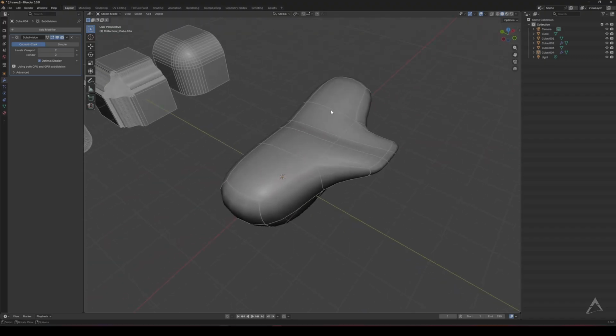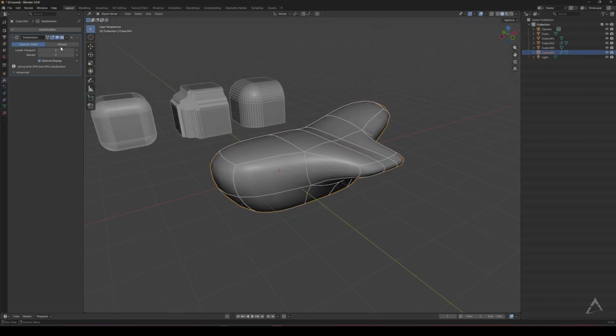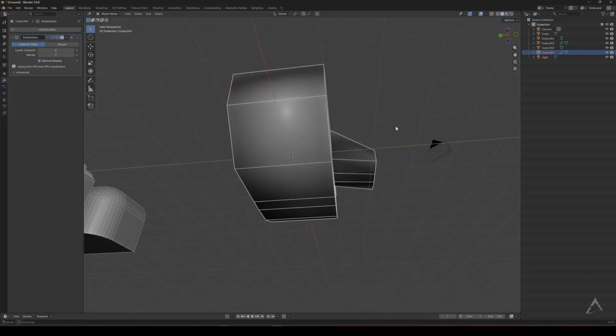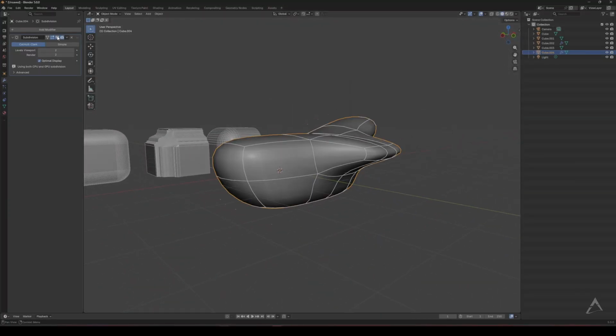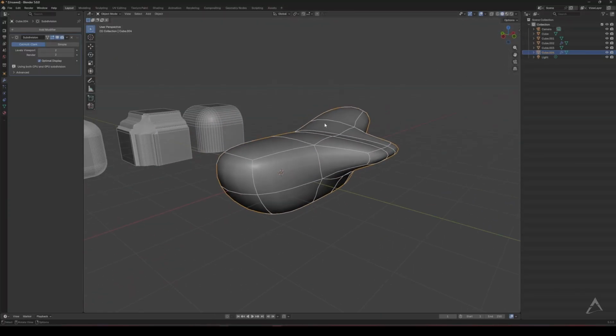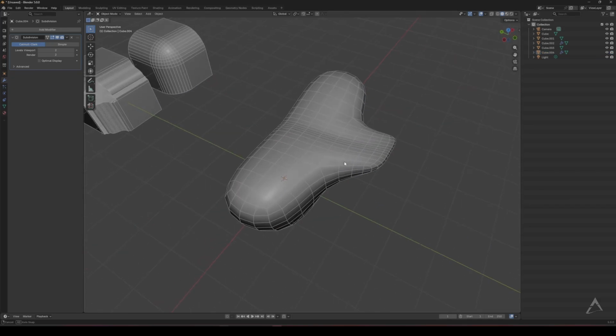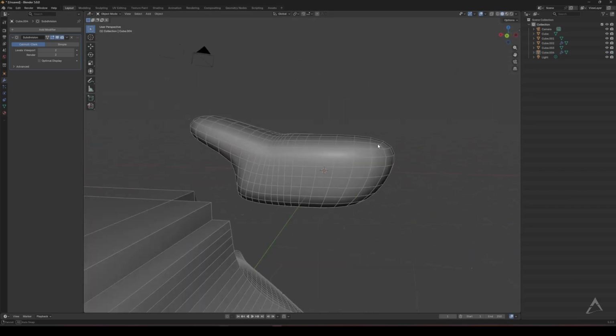So now if you go back to the original object, I turn it off. This is essentially what this is. That's it. It looks like that, but when you turn it on, there you go. If you want to see how the actual geometry looks, you can just turn this off right here, optimal display. And now you can see how much geometry has actually